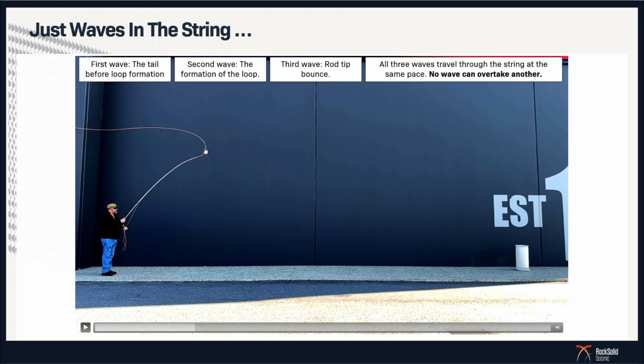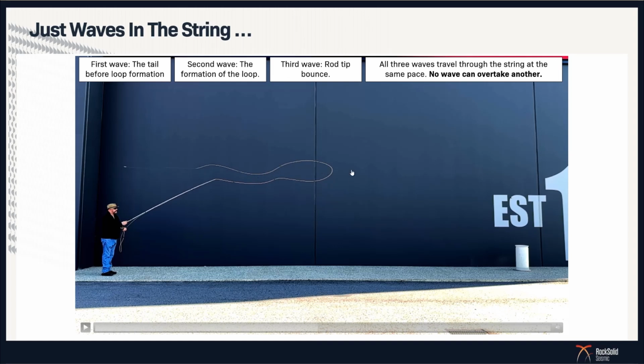Now here is the loop nose, which is another wave. And I'm going to put a wave in the rod leg right there. So here we have a wave in the rod leg, a wave which we call the loop, and a tailing loop. As we move those further through the cast, as time develops through this cast,